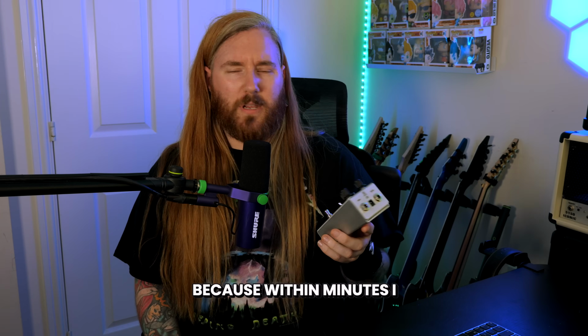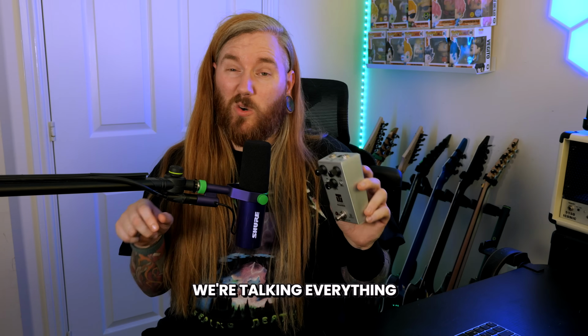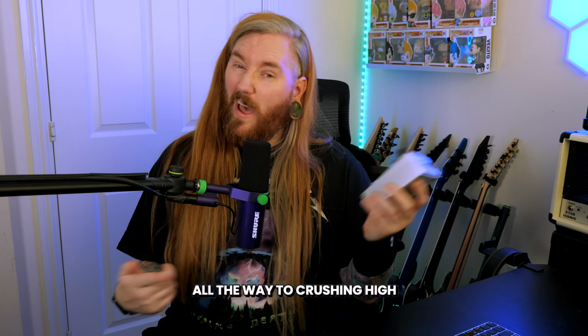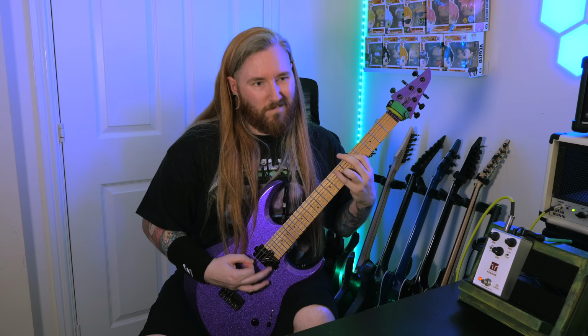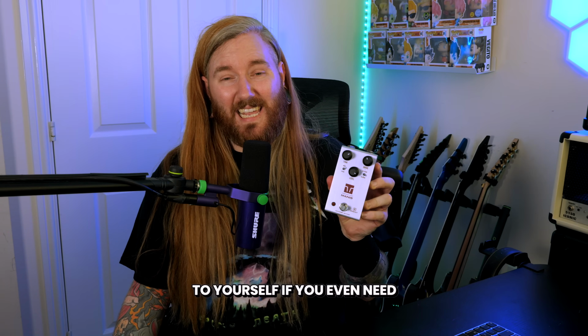But this one caught me completely off guard, because within minutes, I was getting tones I didn't think a Klon-style circuit could even achieve. We're talking everything, from that classic transparent boost style, all the way to crushing high-gain metal riffs. And the weird part, it still feels like a Klon. Don't really know how they've done it, to be honest. But by the end of this video, you're going to be thinking to yourself if you even need your other